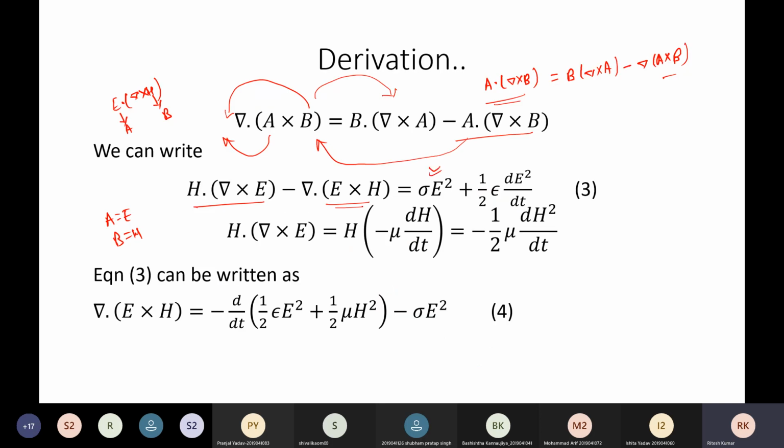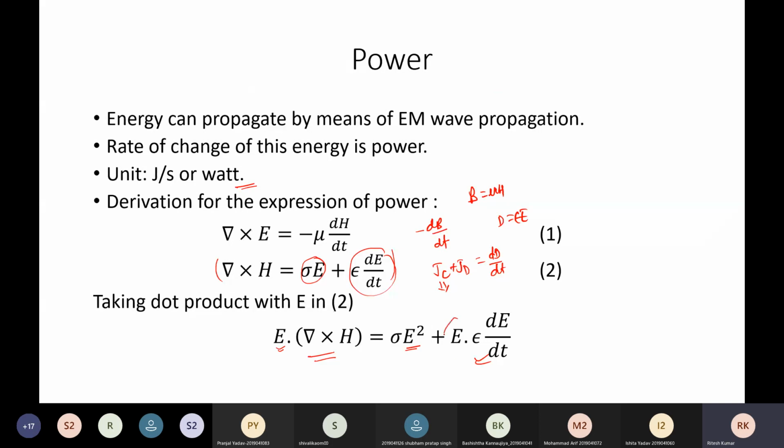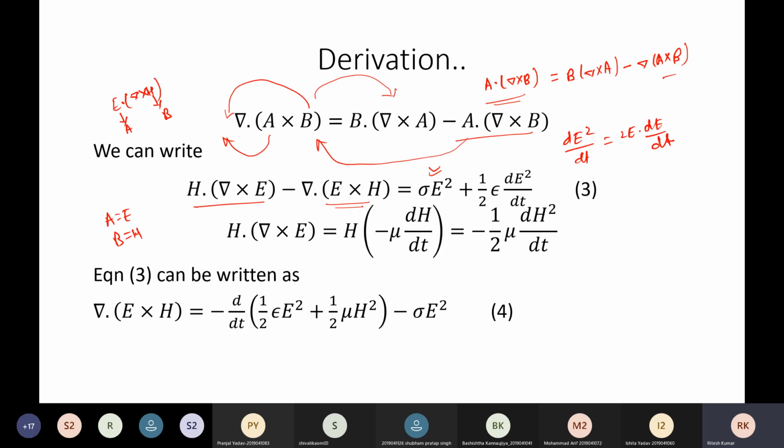Now see this term, actually E was outside the differentiation sign, but when we are bringing it inside the differentiation, E square should be there, so that when you differentiate, d of E square divided by dt, it should be 2E into dE divided by dt, and at the time half is there, so once multiplying with half, 2 will be cancelled out, and you can get E epsilon dE by dt, same as this term. So the only thing we have done is bringing this term to the right side of differentiation.